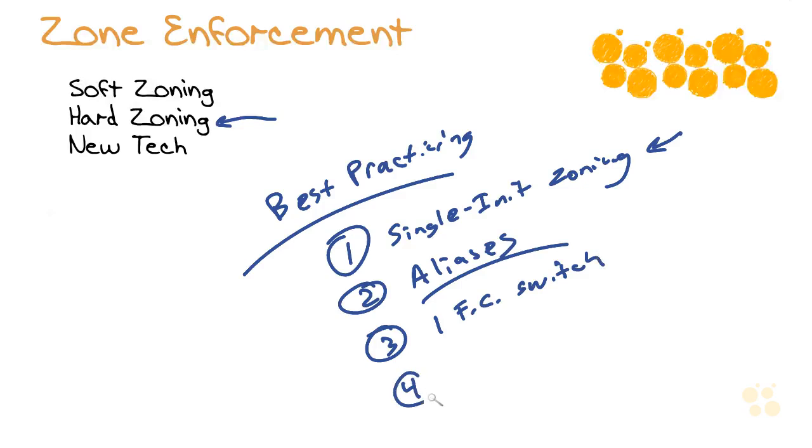Finally, the fourth recommendation, leave the default zone policy in your environment at deny. This ensures that our devices don't inadvertently access each other when they are placed, for whatever reason, into the default